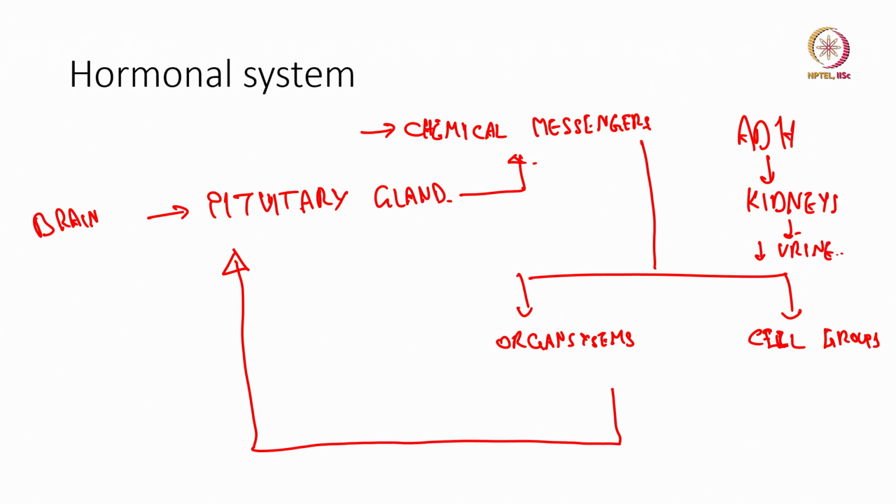So, over a period of time that again triggers different parts of the brain. You have a sense of thirst and you take in more water. So, it is an internal servo system. It is very general, where there is some amount of specificity built into the kind of target systems and the kind of cells which produce the chemical messengers. But it is a very rich system which extends throughout the body, and it is responsible for actions